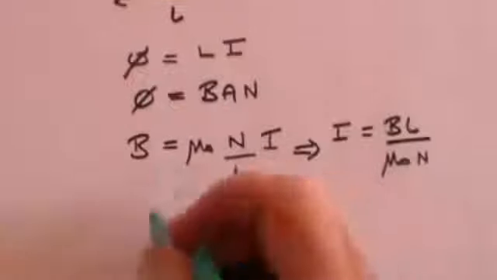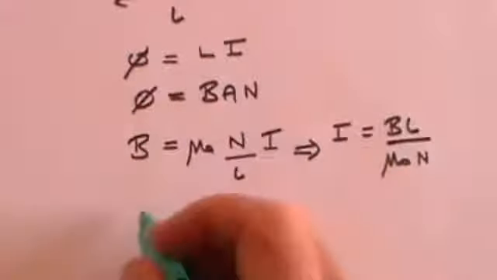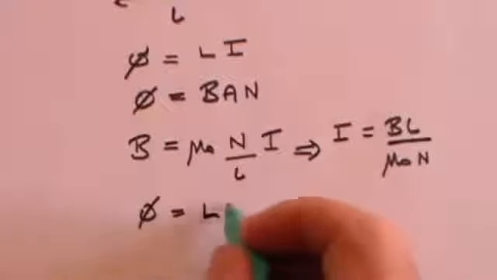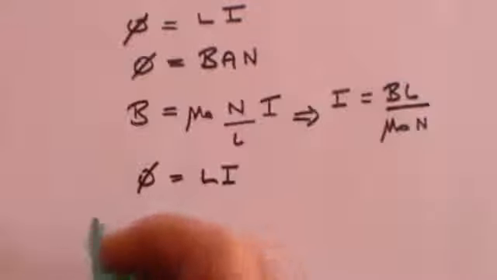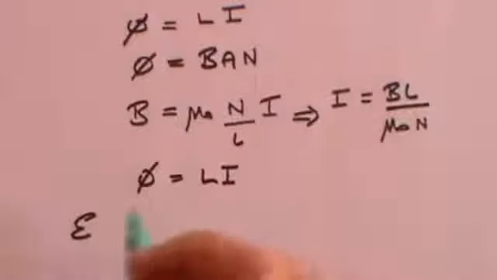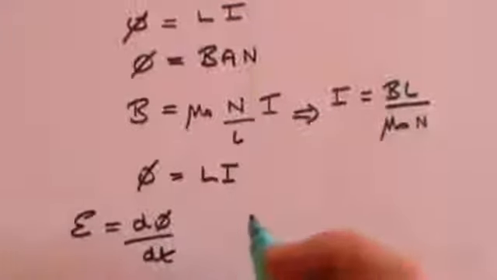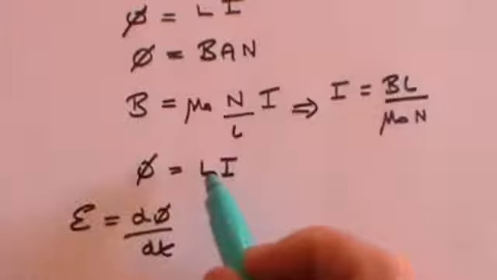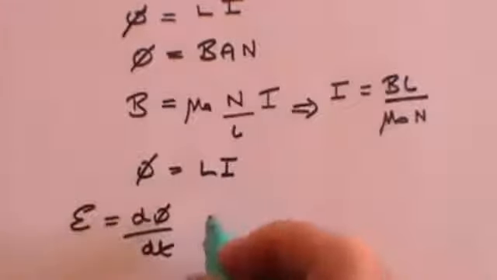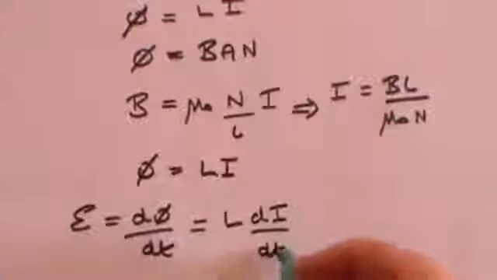So, using these formulae that we've got here, we can now do a little bit of rearranging. Let's take, for example, the top one. Phi, the magnetic flux, is equal to the inductance times the current. The EMF is, of course, d phi by dt. L is the inductance, that's a constant, so that becomes L times the rate of change of current with time, because you need a changing current here,